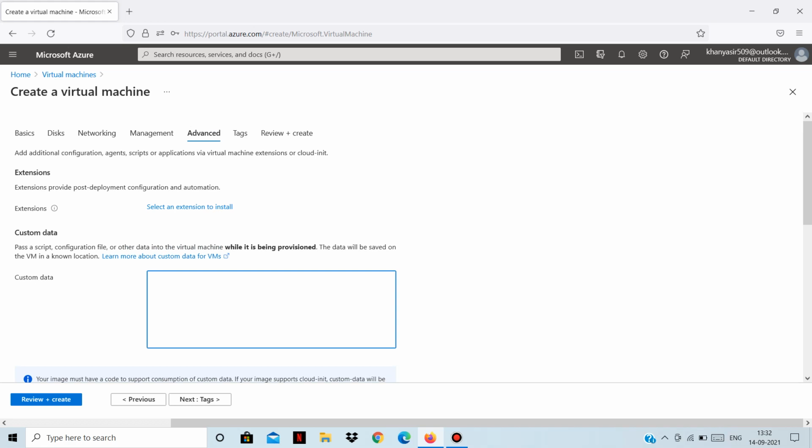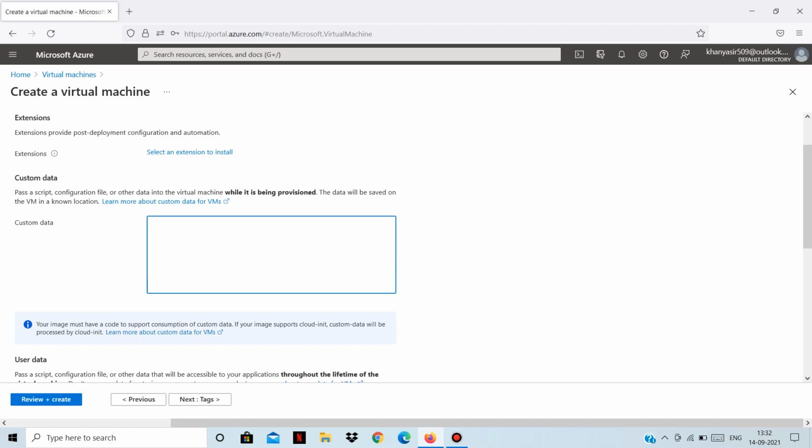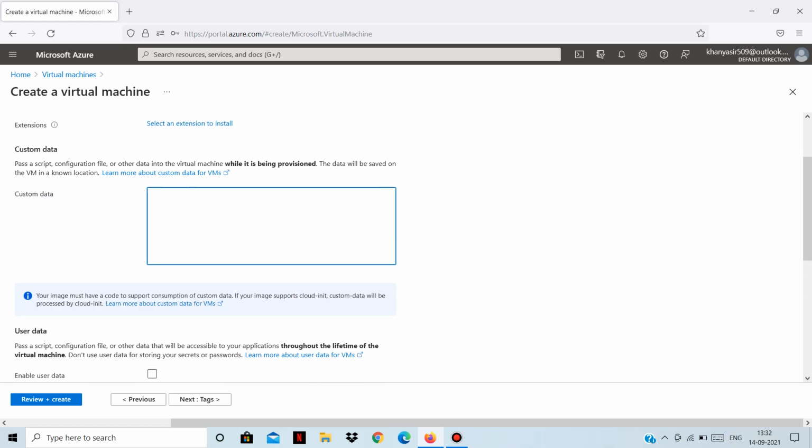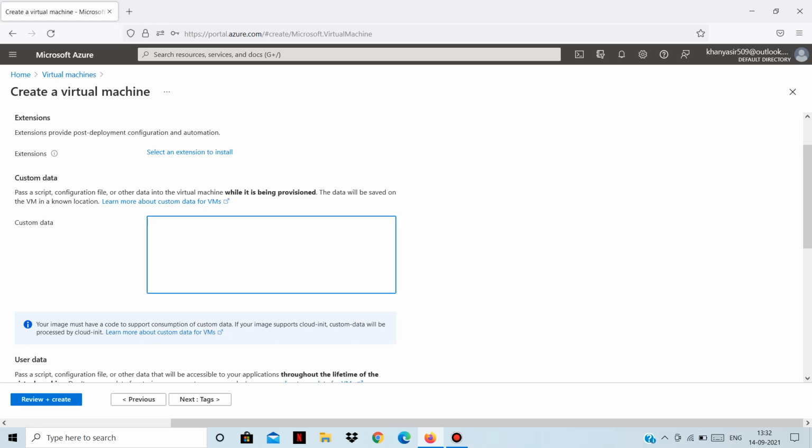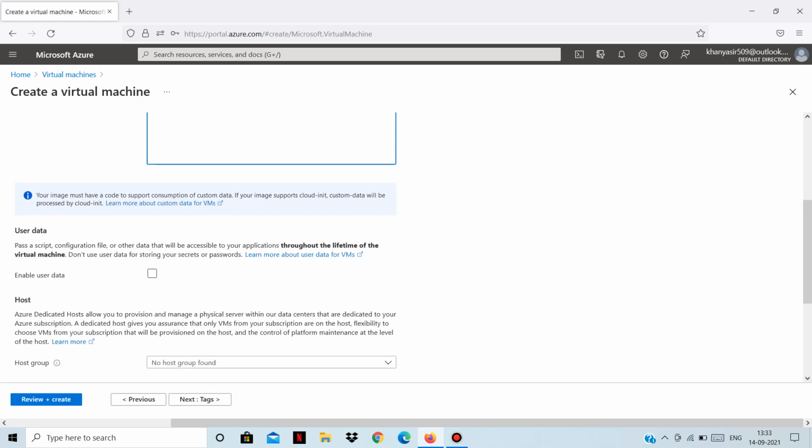It's kind of automation. Whenever your virtual machine is provisioned, you can run scripts, like installing a web server or anything else. It will run it for you after the virtual machine is provisioned. It's mostly used to install a web server like Apache, Nginx, etc.